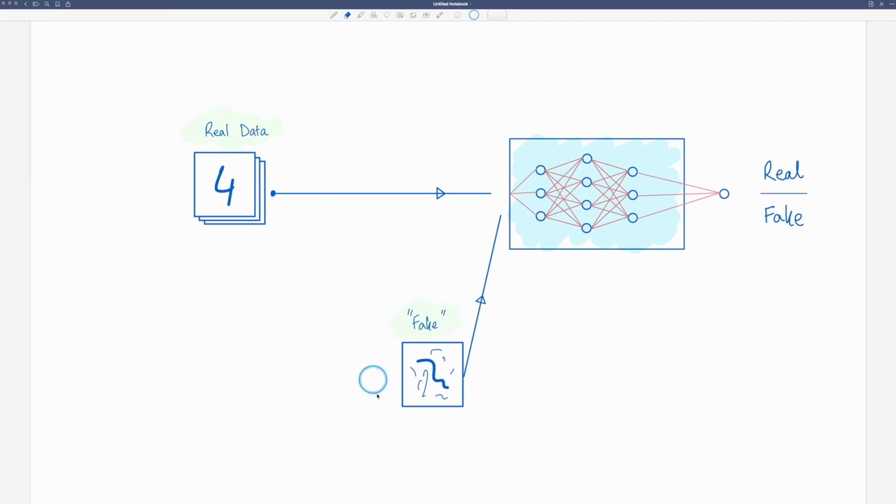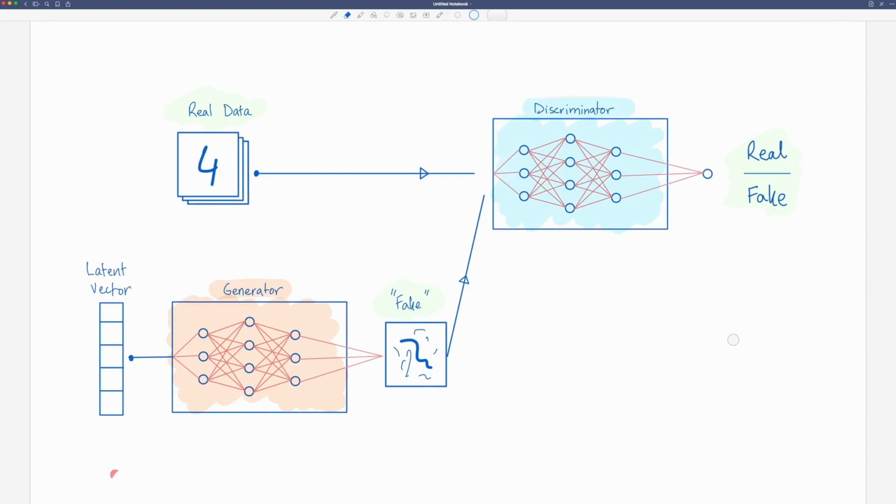The other part of a GAN is this part, which is going to generate some fakes. So we're going to have a generator over here and a discriminator over here, and these are going to act as opposing entities in our whole network. Okay, so let's take a look at that very briefly as well. So here's how our generator is going to work. We are going to take a vector.